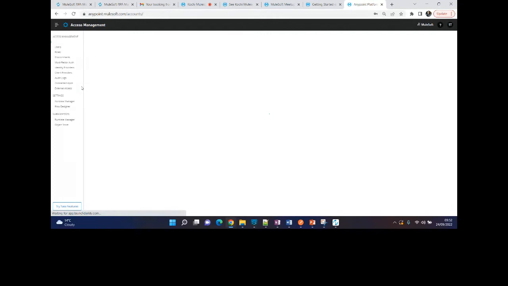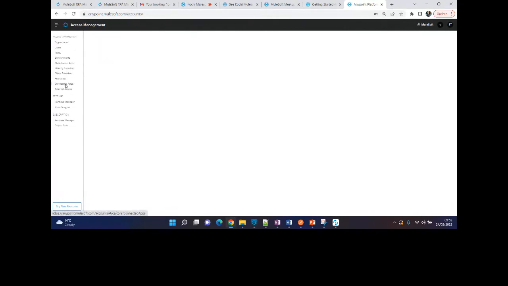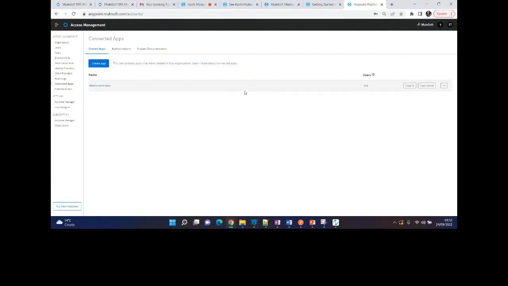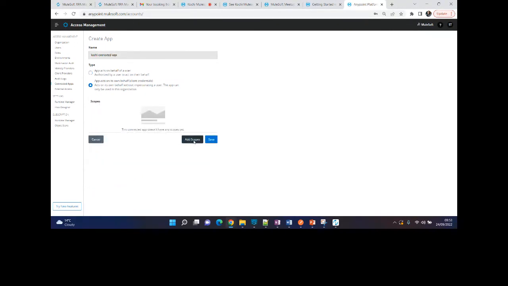The way you need to connect is to create a connected app. You create a connected app, say Kochi. You choose on behalf of, and then add a scope.